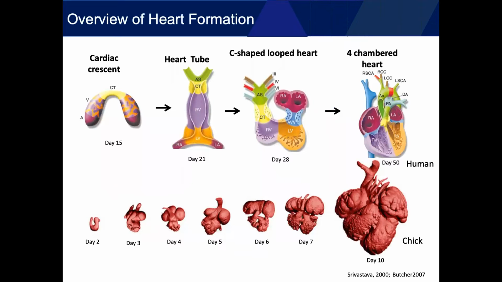And so how does the heart form? Well, it begins with the specification of myocardial and cardiac endothelial cell precursors during gastrulation. Then these fuse, the cardiac fields fuse to form the cardiac crescent. And then you have an inner